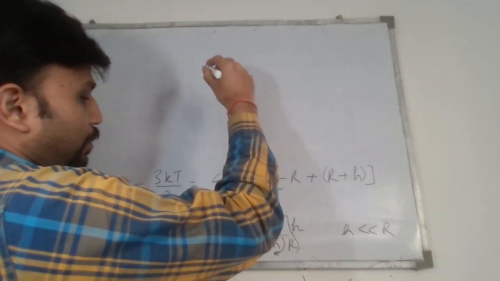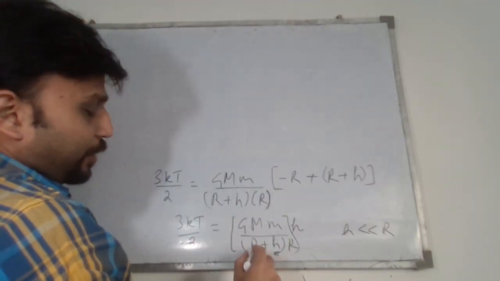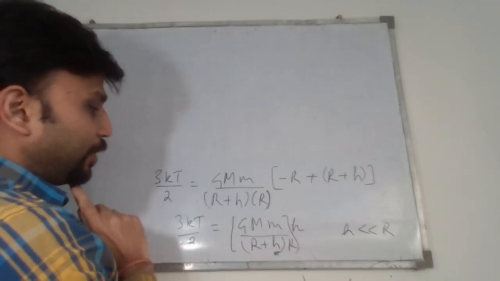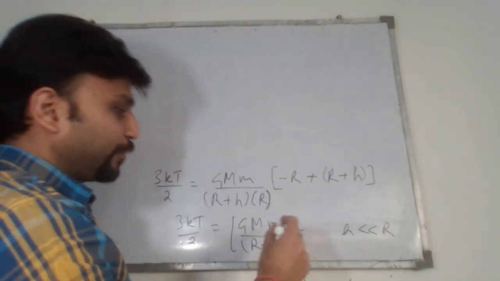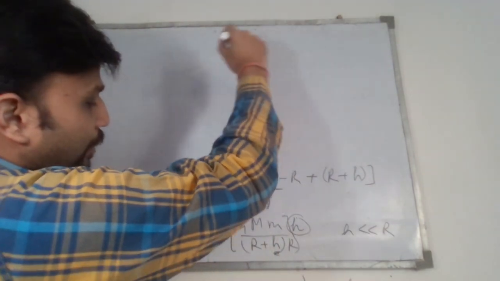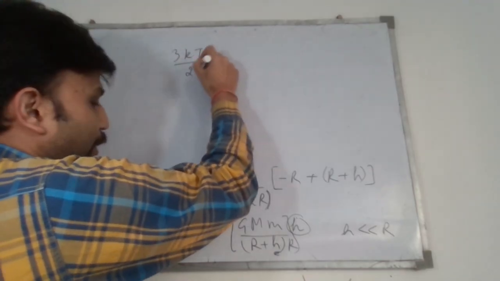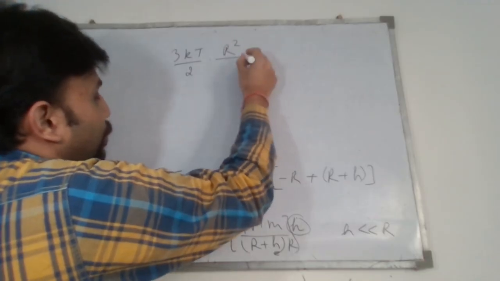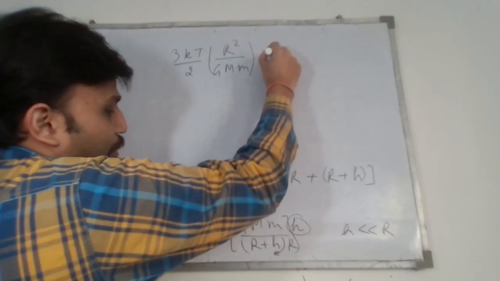This whole value will be R plus h into R. From that we'll be able to obtain the value of small h. Upon approximation, we'll get 3 kT by 2 into R square upon G capital M small m is equal to